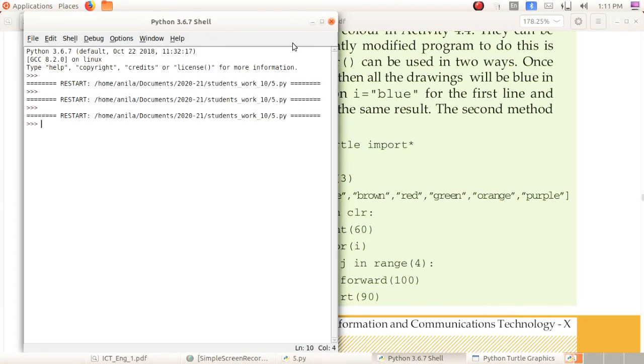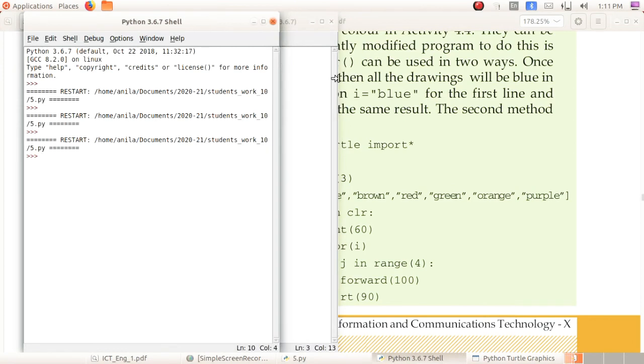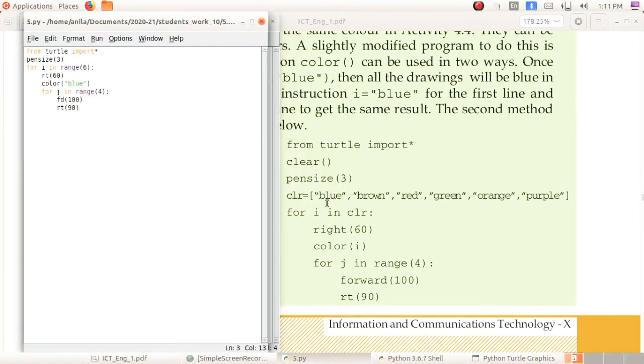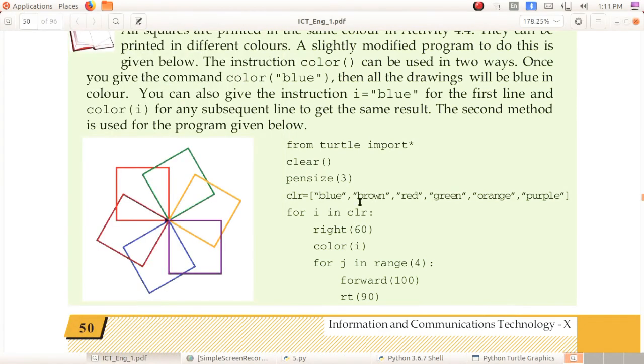Instead of that instruction, here you can see for I in CLR. Okay, so range of 6 is changed here, and that range is changed to the variable CLR. Okay, after that you could give right of 60 degree.